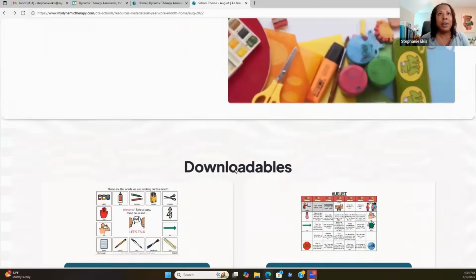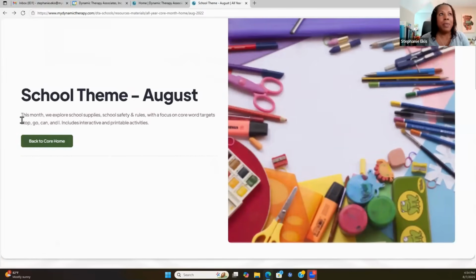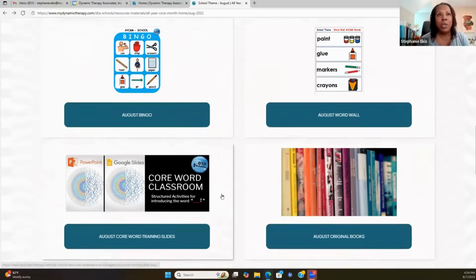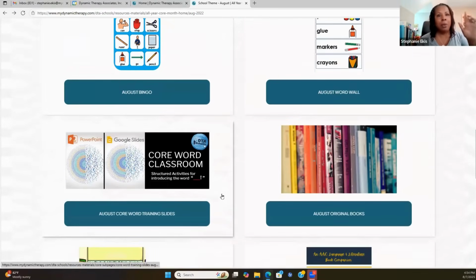Oh, one thing I forgot to tell you. Every month, there are keywords that you're going to focus on. Okay, so for the month of August, our words are stop, go, can, and I. We're focusing on core words that you're going to find on any communication board, any communication system or software. So all of the materials that you have here are going to support the learning of stop, go, can, and I. So if I go into the original books,